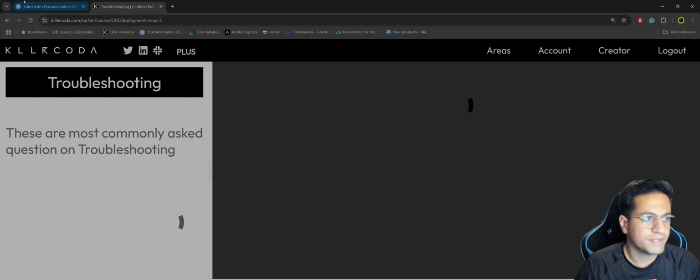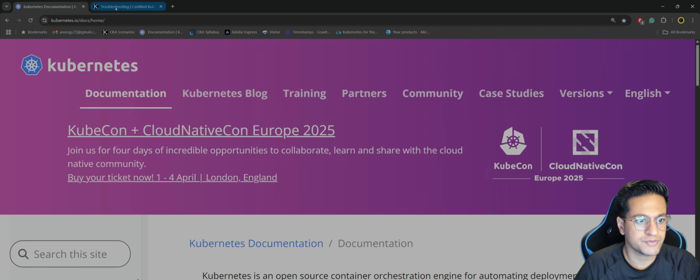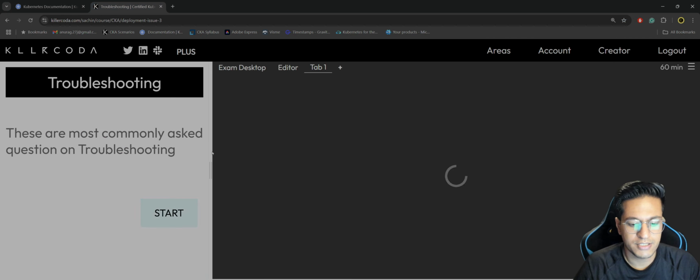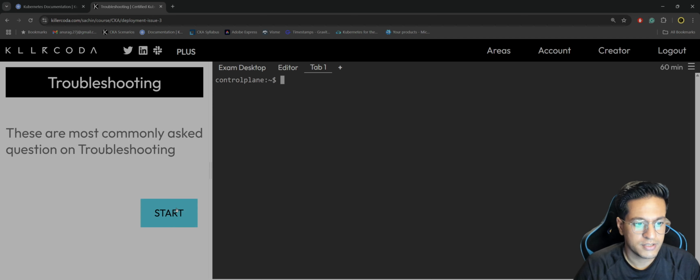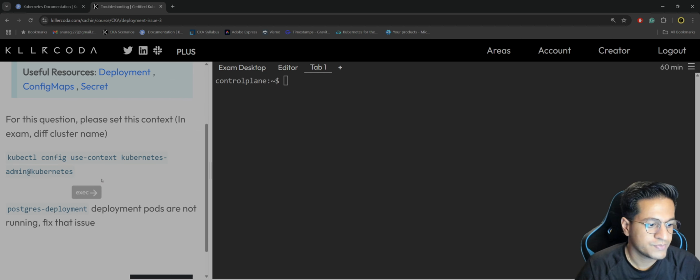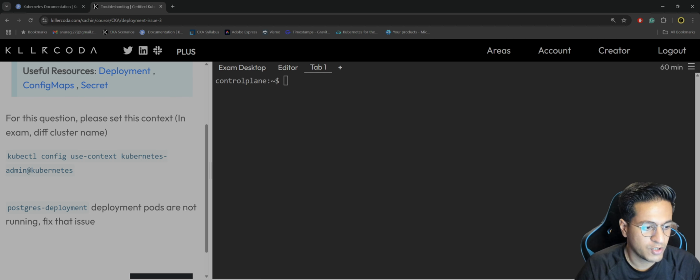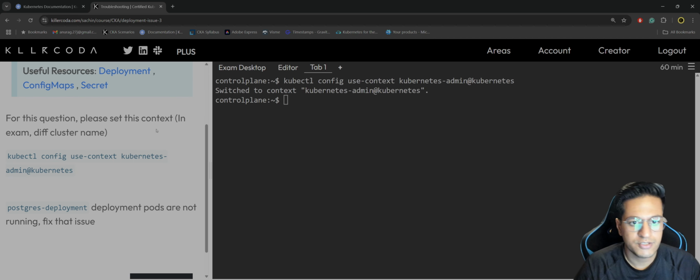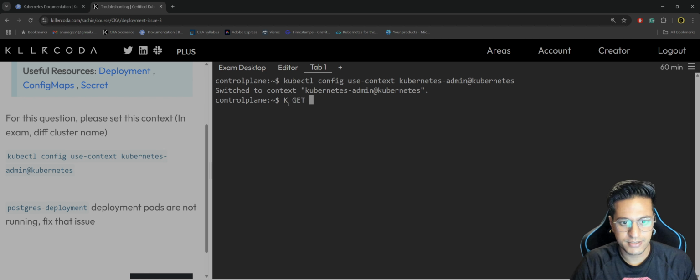On the side I've kept the Kubernetes documentation open as usual, so in case we need anything we can come here. That is the benefit of this. Okay, so it looks like this has something to do with ConfigMap and secret. The question says Postgres deployment is not running, fix the issue. So first we'll set the context as usual, and then, knowing that the Postgres deployment is not working, we have to do k get,